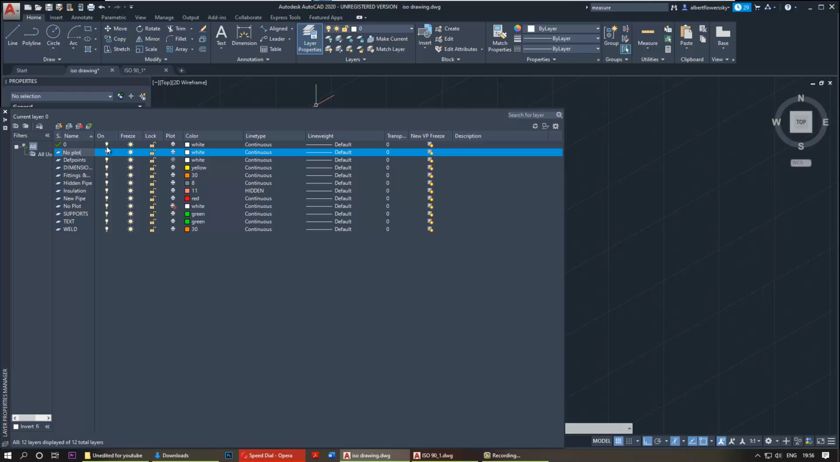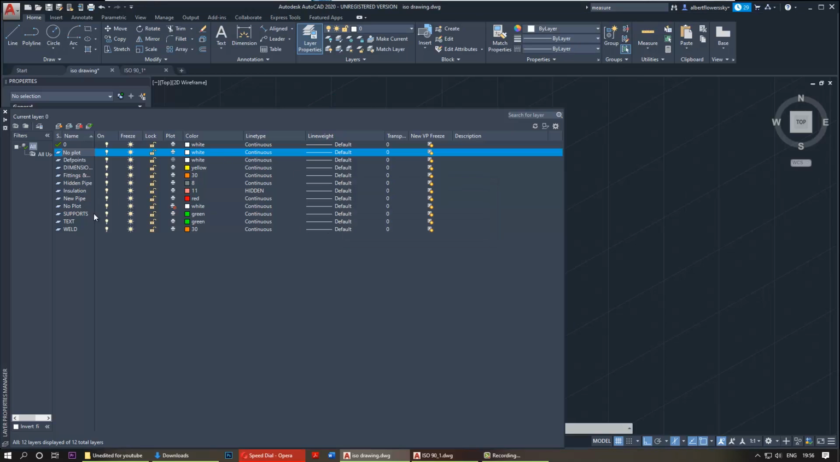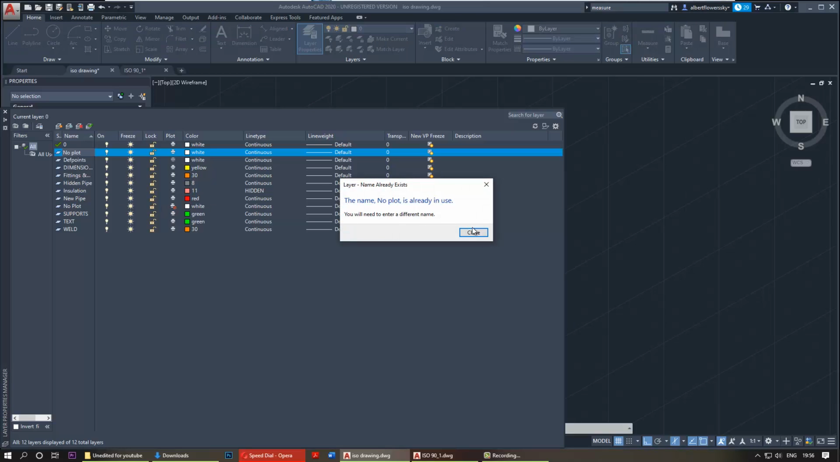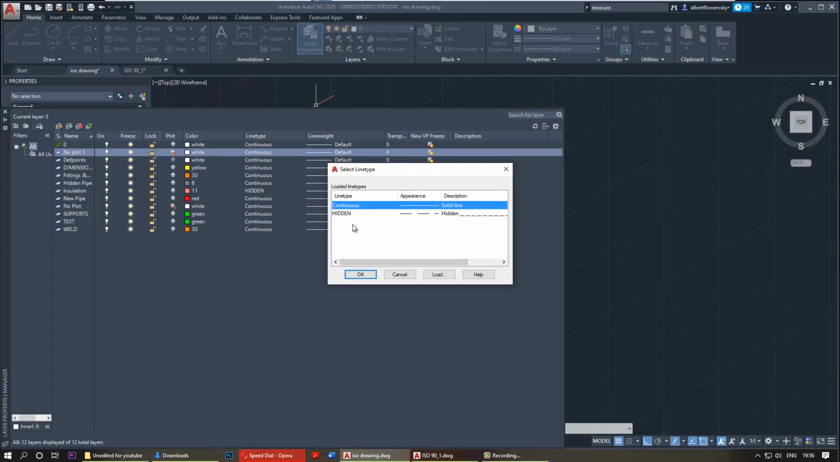Then you can adjust the other properties of that layer. For example, in the no plot, I don't want it to be plotted. That layer has already been created, so I call it no plot 1. Press enter. Once that's done, then you can just turn off, for example, the plot. You can lock it, you can freeze it, turn it on and off, change the line whether hidden or continuous,